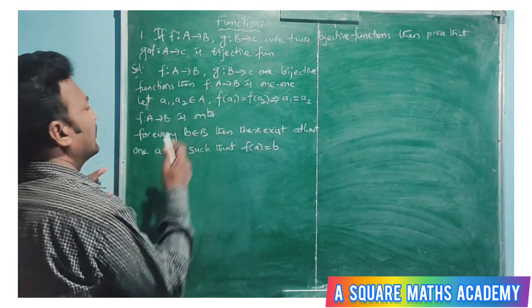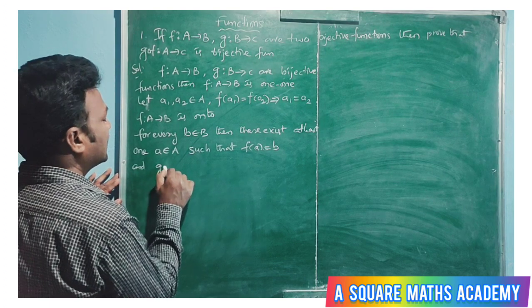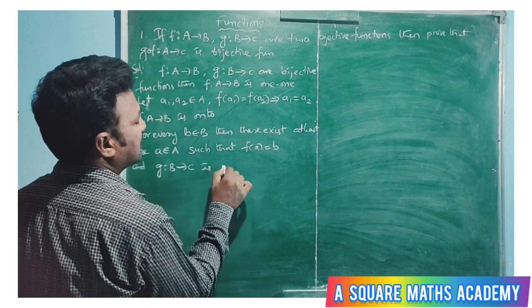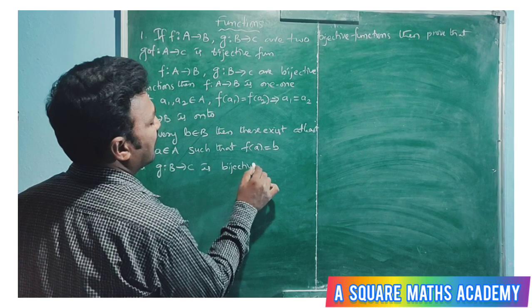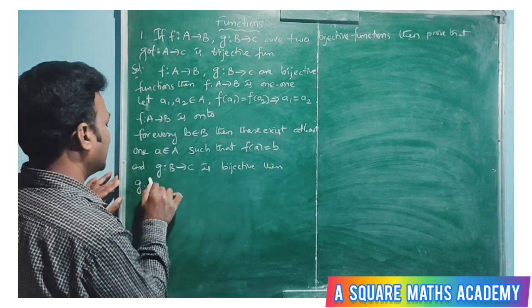Same, g also given here, and g: B to C is bijective. Then what we get now, g: B to C